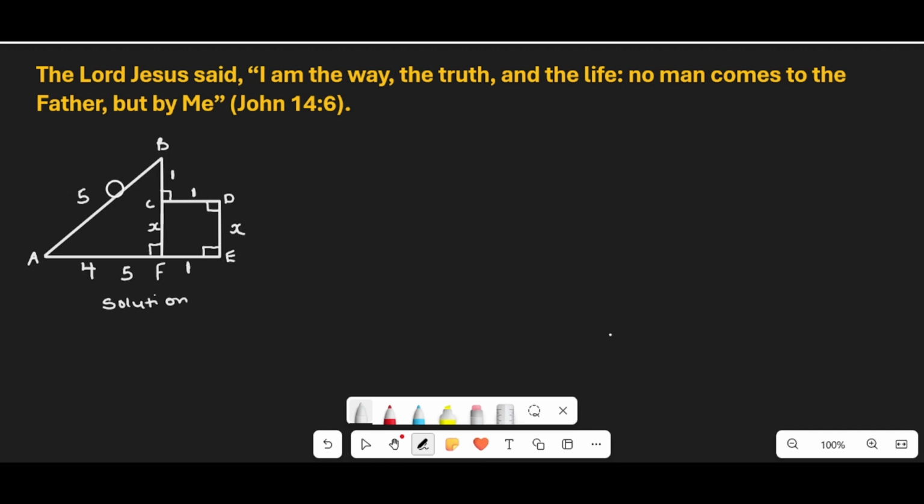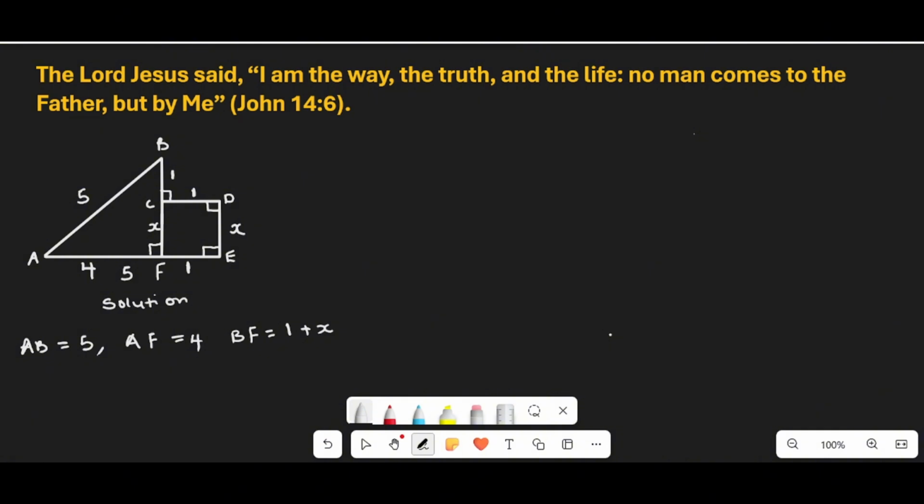So now our AB equal to 5, our AF equal to 4, and our BF equal to 1 plus x. Now our triangle ABF